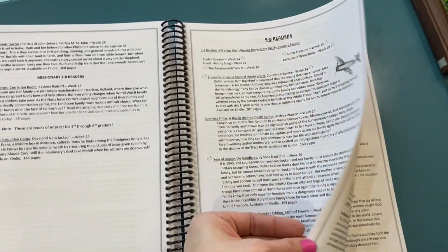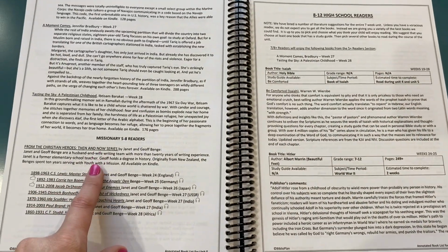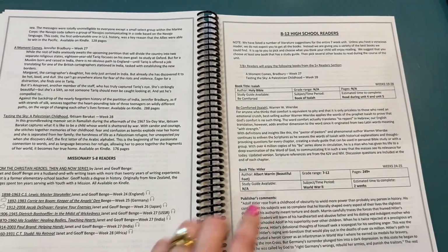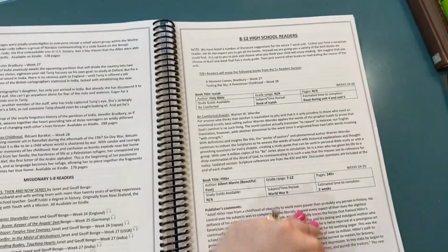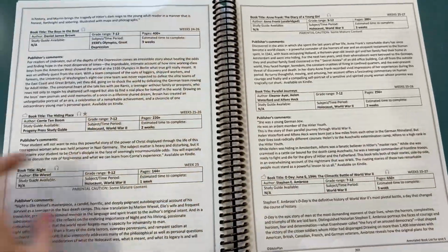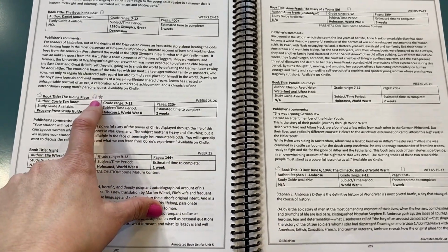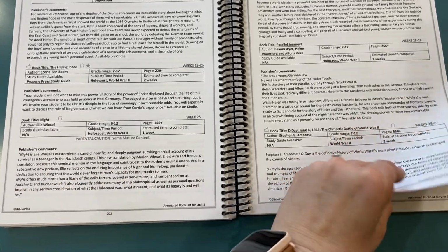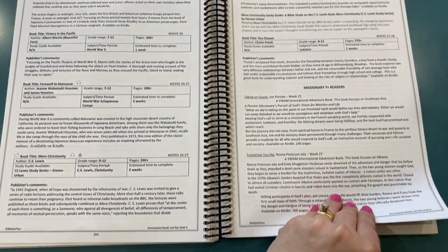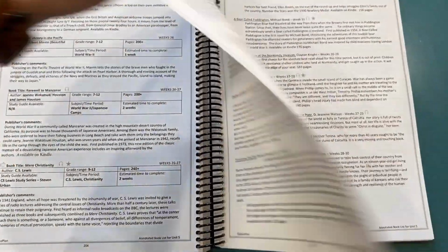Some of them are available as audiobooks. Some are just regular hardback books. There's 5 to 8 missionary books. There's 8 to 12 high school readers here. So it's nice that it's broken up by age, and they do have some little notations that say things like if you can get it as an audiobook, which is really nice if you want to do that. Just if you really want to enhance what you've read, this is really great. If you want to add more of that reading into